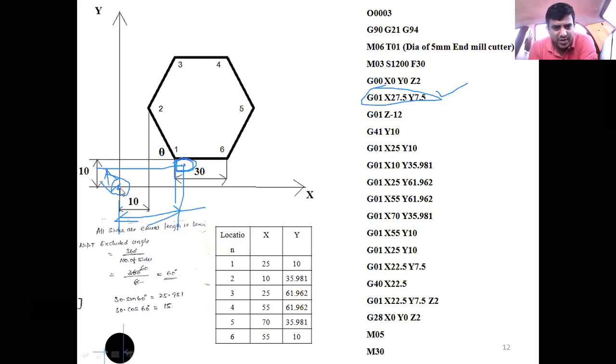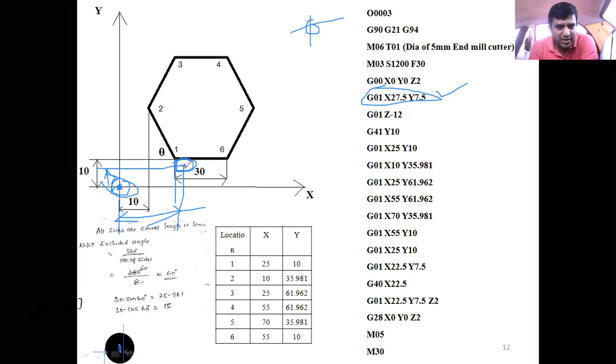Now I want to move the cutter from the origin. Where is the cutter here? You can see the cutter when you move from the home position, somewhere here. This is the home position of the cutter. Move the cutter from the home position to the origin. It will refer to the center of the cutter. See, the cutter has a circular cross section. It will refer to the center of the cutter, right?